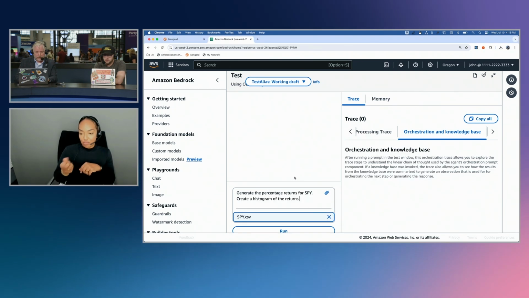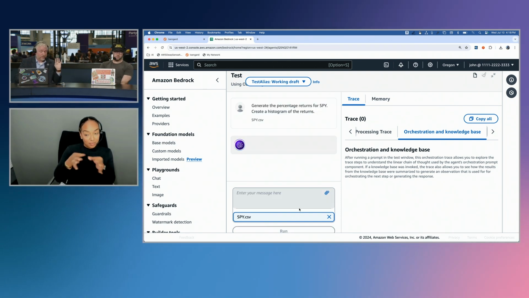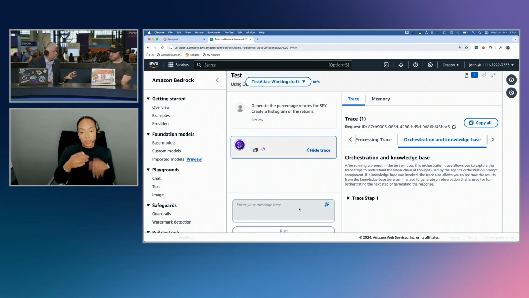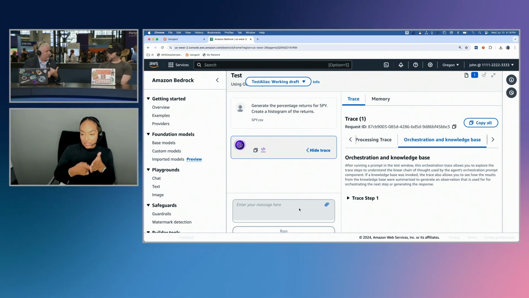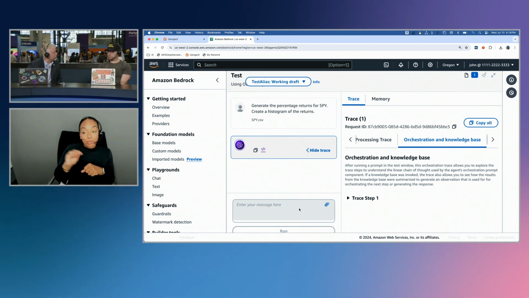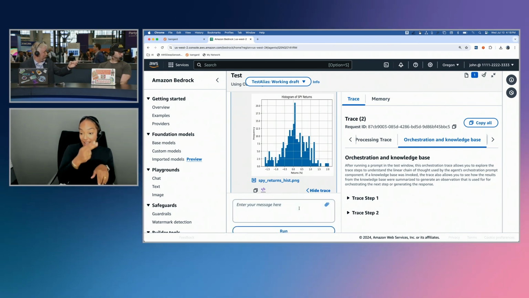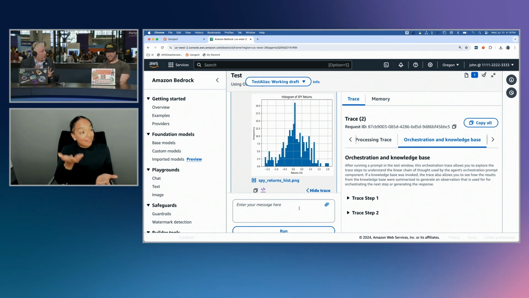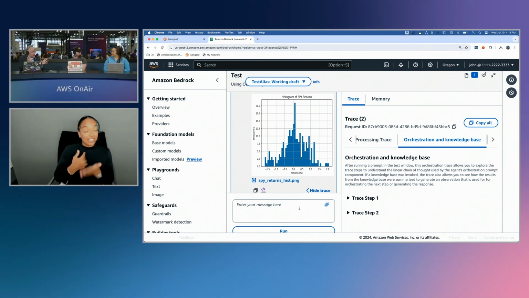Now I want to point something out here. The data that I'm giving it, we're not going to open up, we don't have time, but it's open, high, low, close, just like a typical price series. But I didn't say give me the open, high, low, close, or give me the close. I said generate the percentage return. So if I asked you to generate the percentage return and I gave you the open, high, low, close, how would you do it? No clue. A lot of people don't have a background in finance, right? I don't either.